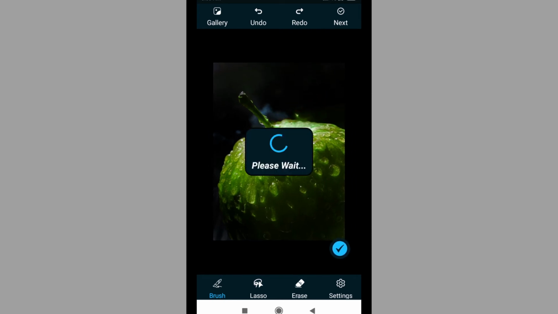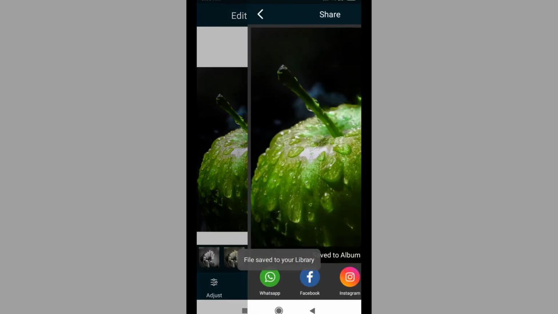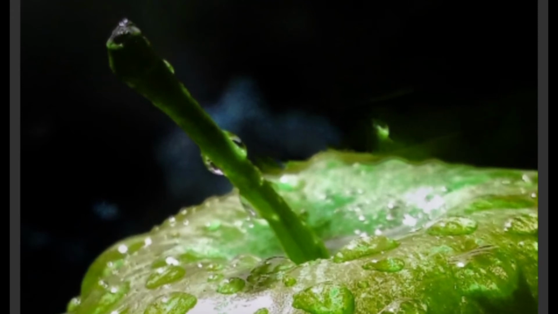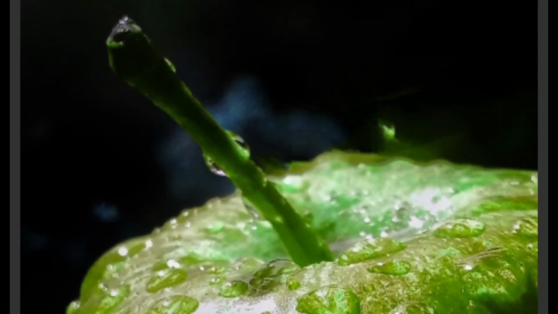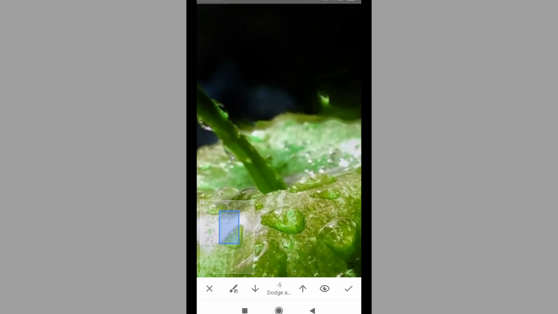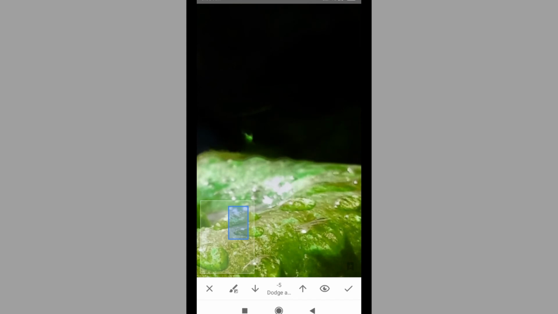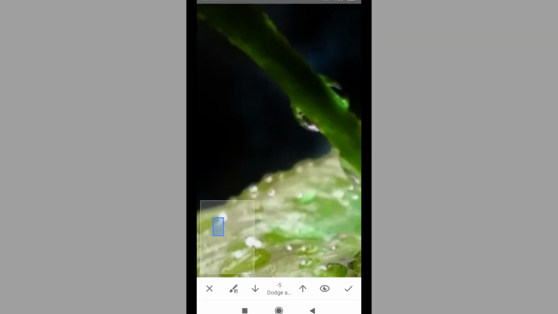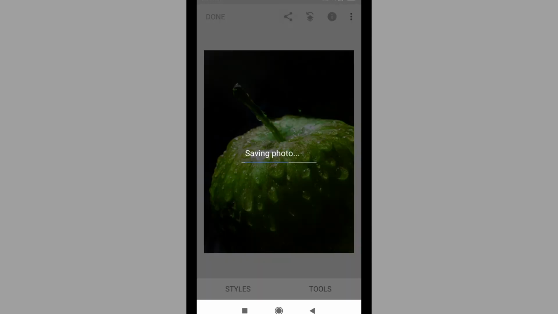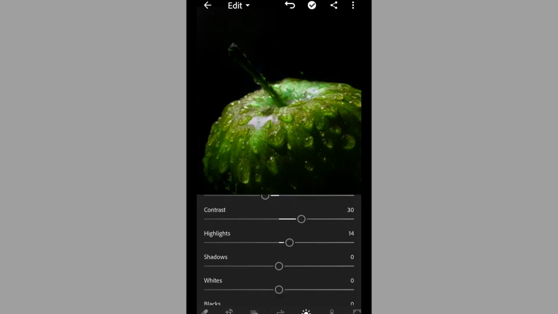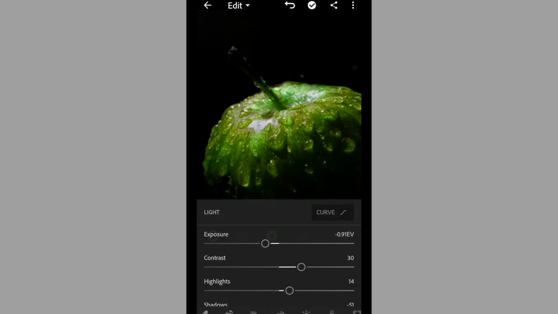After removing, now we'll import the picture in Snapseed, because you can see some white layers in the background making the photo look bad. Now we'll use the brush tool again, taking the value as -5 again, and we'll brush it. Now you can see the white color has gone. Now it is ready to be imported in Lightroom. Now we'll do basic correction and bring some tones in it.